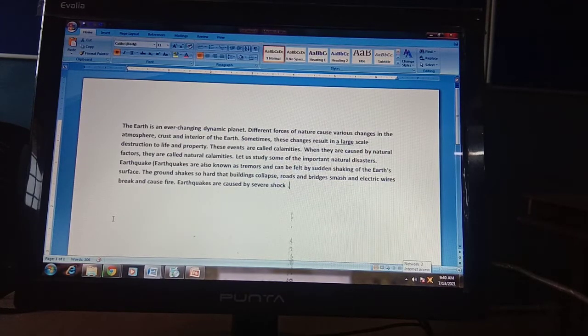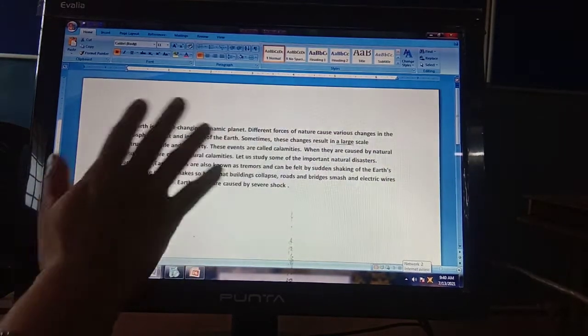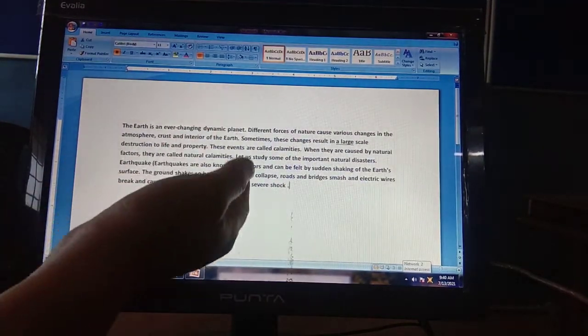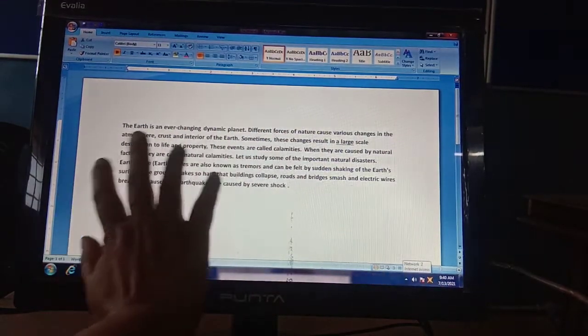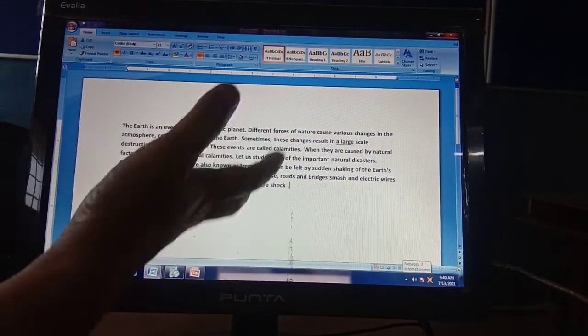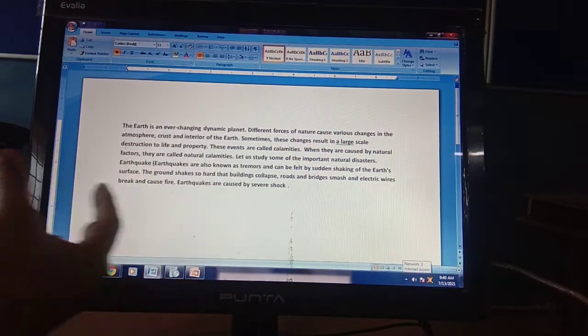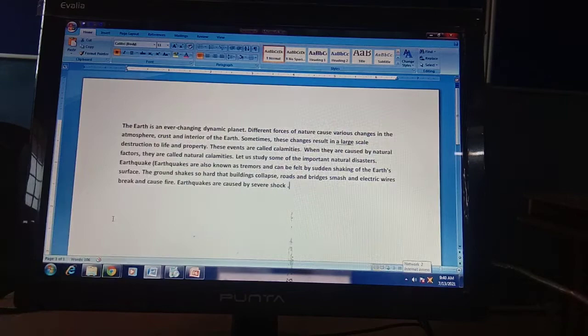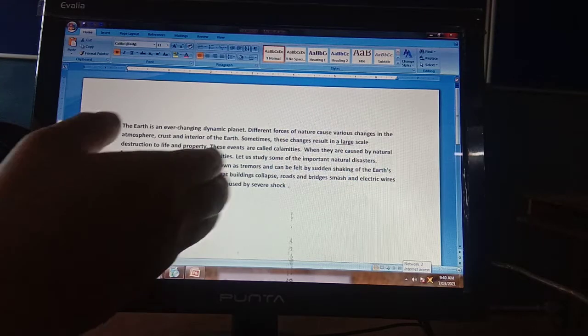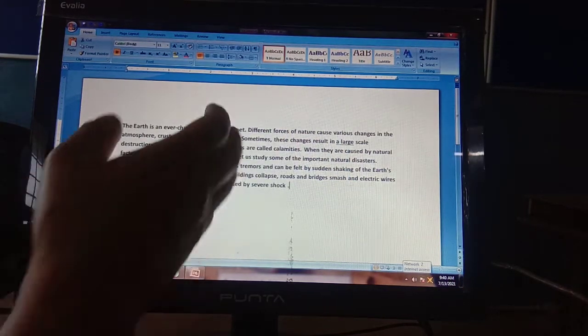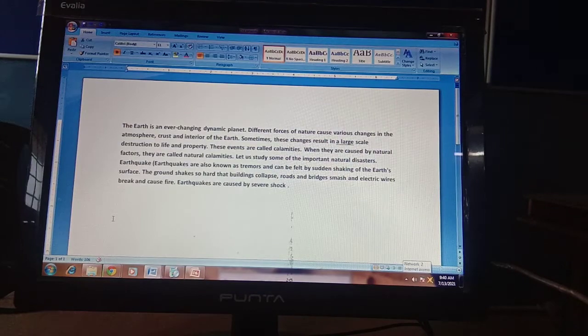Okay, so let's do formatting here. Formatting means changing the appearance of the text. It is very simple. We can change the appearance of the text, changing the font size. We can change its font, the way it is looking. We can change its size. We can make it big. We can highlight certain words. We can adjust line spacing. We can set tabs. We can align text on the page, we can create bulleted and numbered lists, and we can change text style and color. We can also change the color of this text.